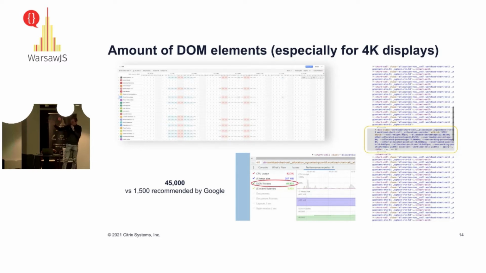We got, you see, 45,000 DOM elements. It's a lot, really a lot. It leads first to huge memory consumption and then to CPU consumption, because every single cell contains a number that should be recalculated. That's crazy.